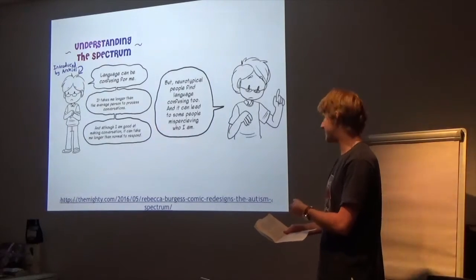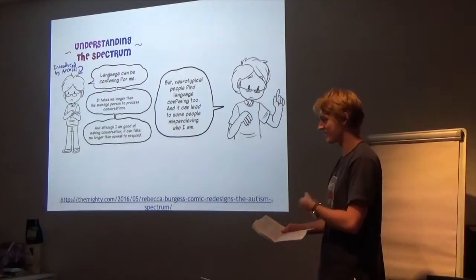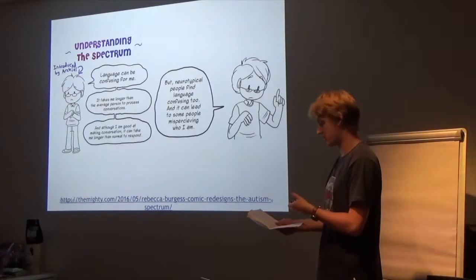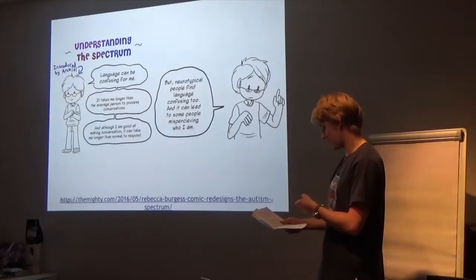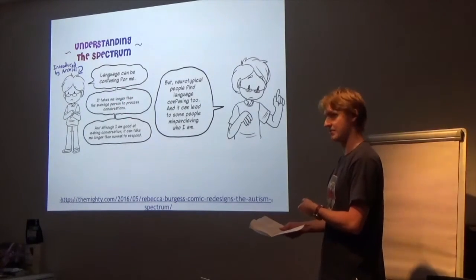He used this infographic, and what I really like about it is that it's like a representation of myself in cartoon format. I think that Archie speaks the truth when he describes how language and communication is confusing and difficult at times,